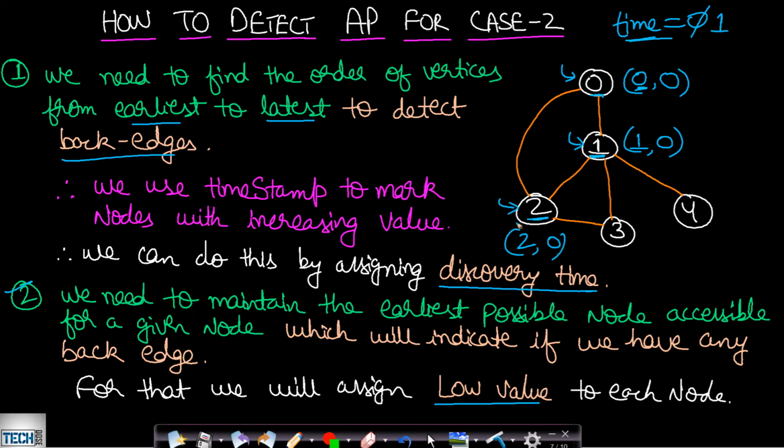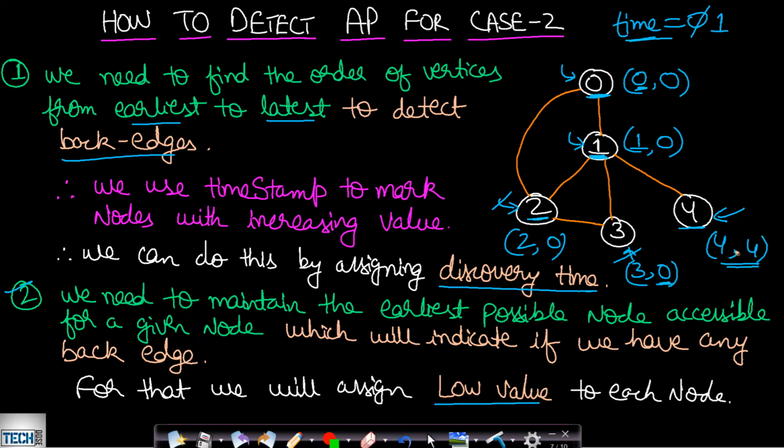And then from this node 2 you will make a call to this node 3, which will be assigned a discovery time of 3, and the earliest possible node reachable from this 3, which is this 0, will be 0. Okay, and now when you go back in recursion and make the other call to this 4, its discovery time will be equal to 4, and the earliest possible node we can reach from this node 4 will be the node 4 itself, since we will not be considering the parent node.